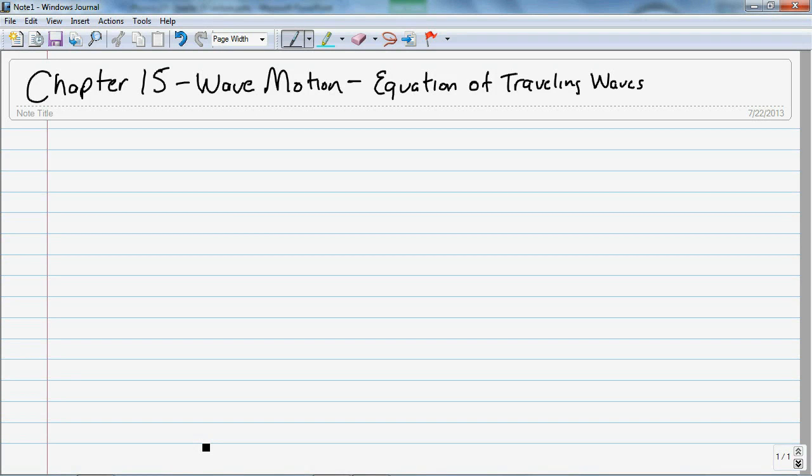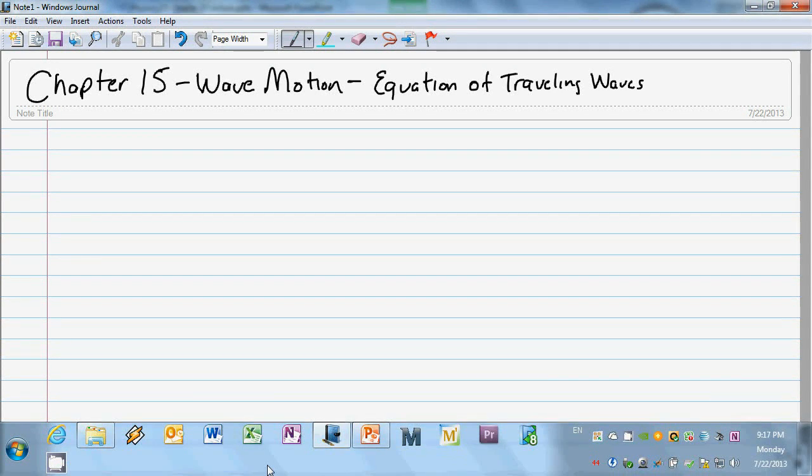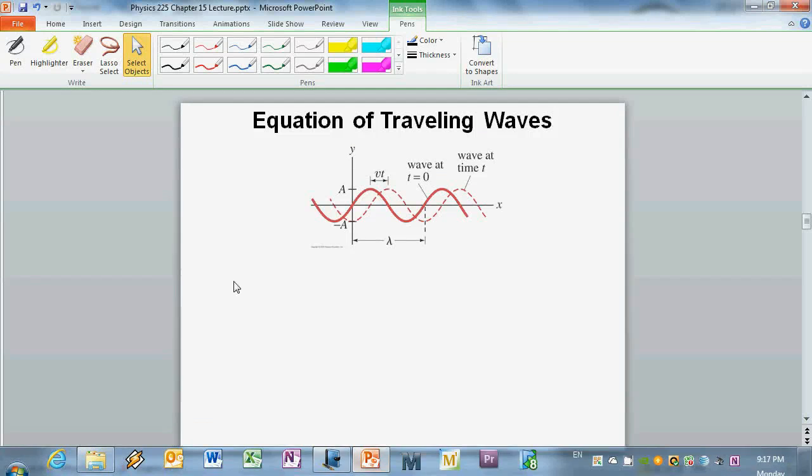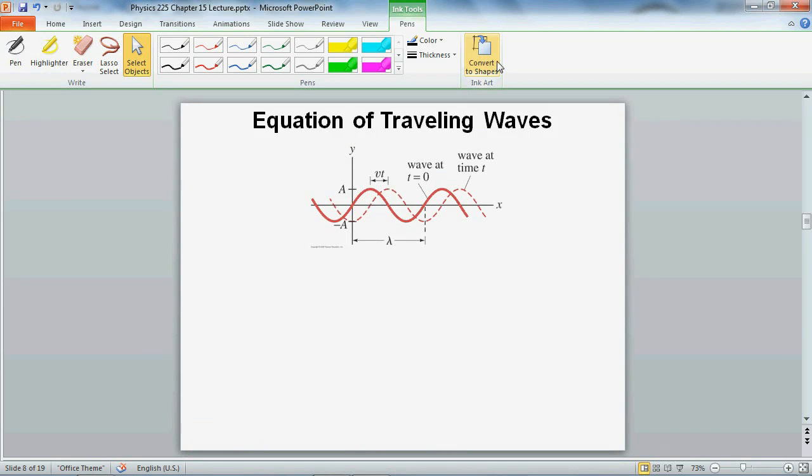We would like to know how to describe a traveling wave in a form of an equation. And so let's take an example from our textbook. Here we have a traveling wave,